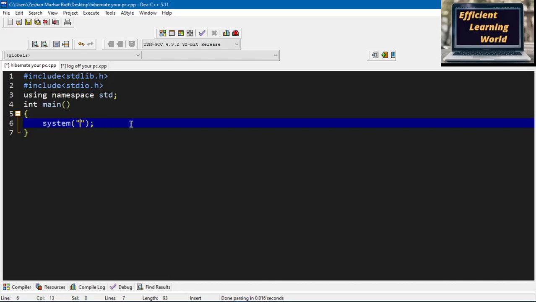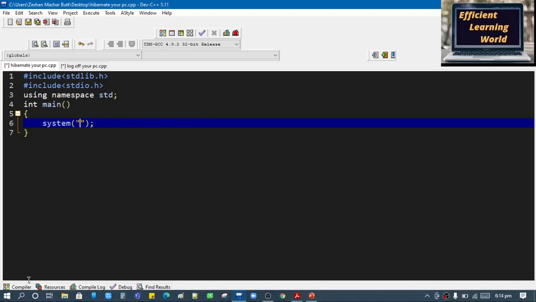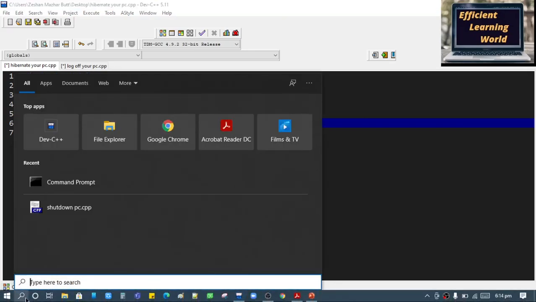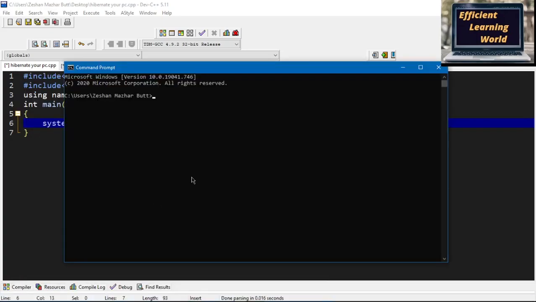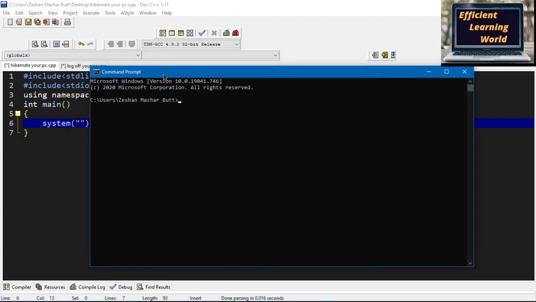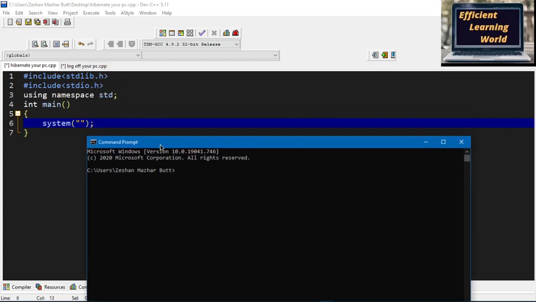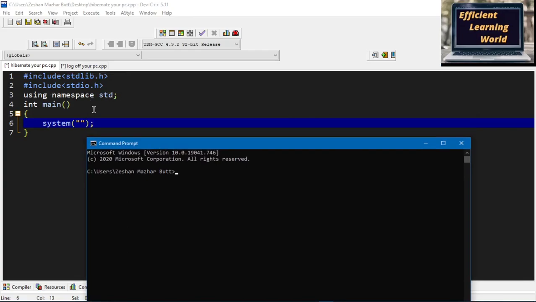The command processor for a Windows-based system is CMD. If I write in the search box, you can see the command prompt, so you can also search for it; this is the command prompt for the Windows user. For the Linux user there is a terminal, which you will study in the introduction to computing. Mostly bachelors will know this. To shut down, hibernate, restart or log off your computer, we place the command corresponding to the task I want to perform in the double quotes.